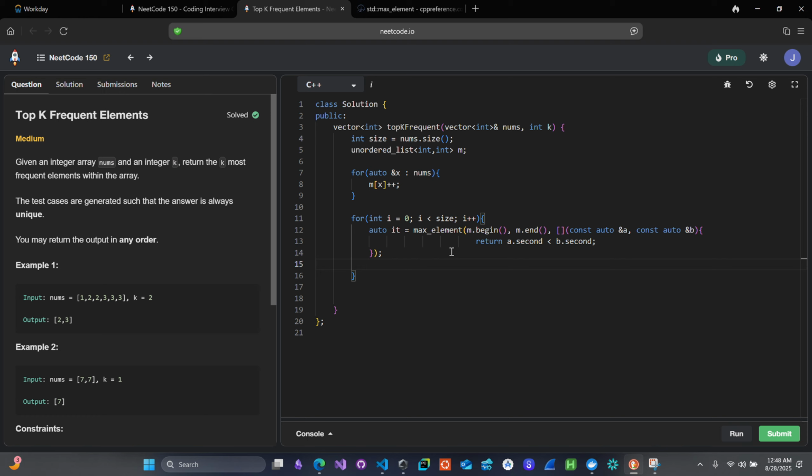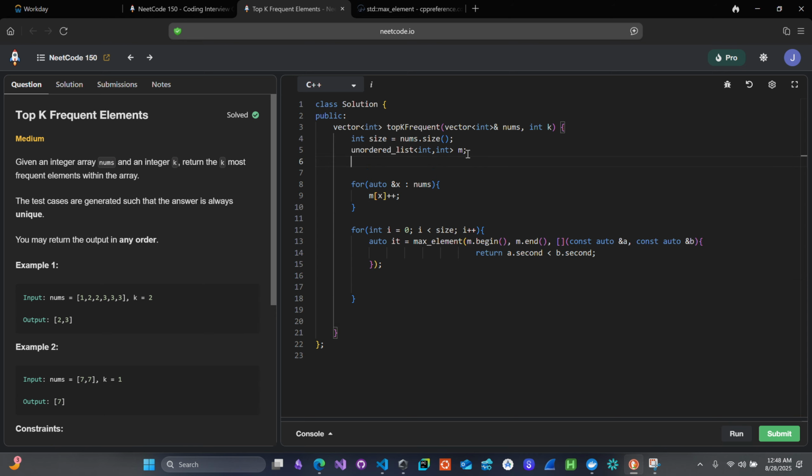And that should be it for that one. So now we just need to add that to our answer. So it's expecting a vector of all of our answers, or a list of all of our answers, not necessarily a vector. So now we're going to go ahead and add it to the actual answer,